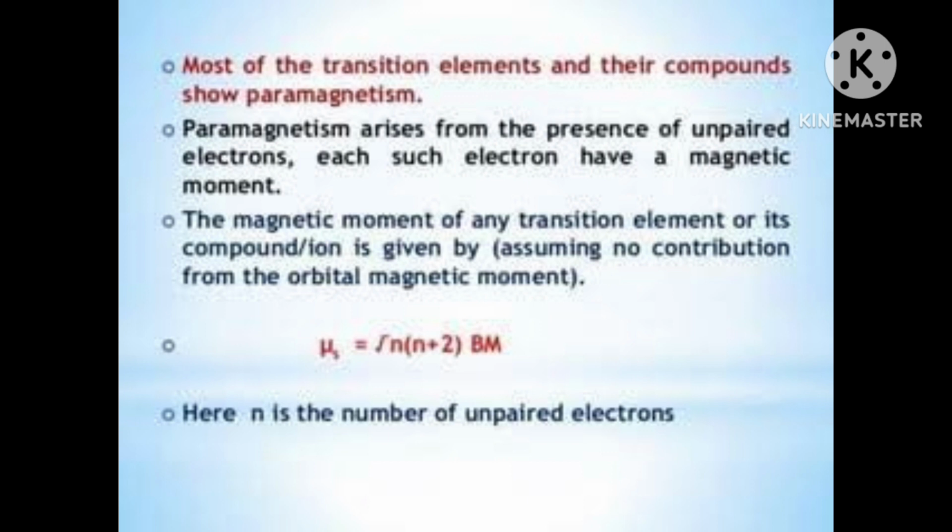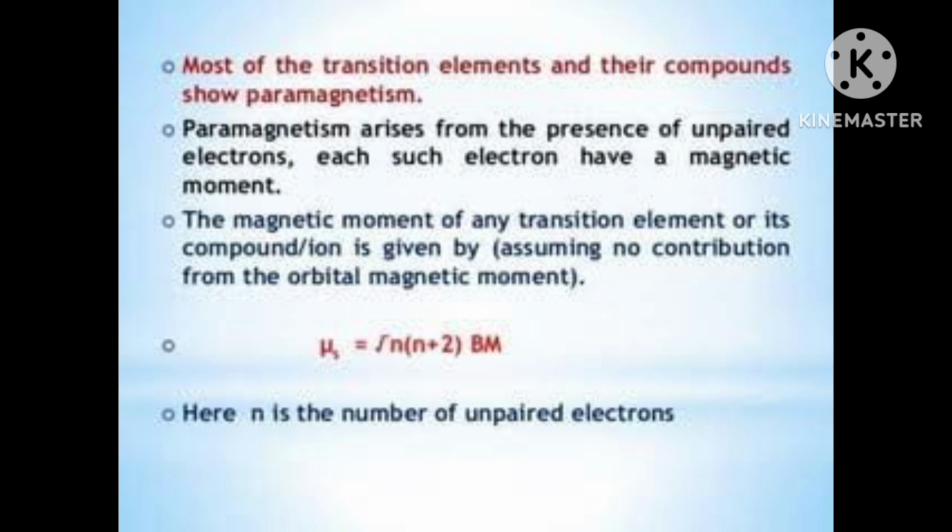For this, the magnetic moment is determined. How much magnetism is there? You can tell by calculating the magnetic moment. Magnetic moment will tell about the magnetism, how much magnetic property is there. The magnetic moment is determined by the number of unpaired electrons and is calculated by using a spin only formula. One formula applies only for spin angular momentum, that's why the formula is called the spin only formula.